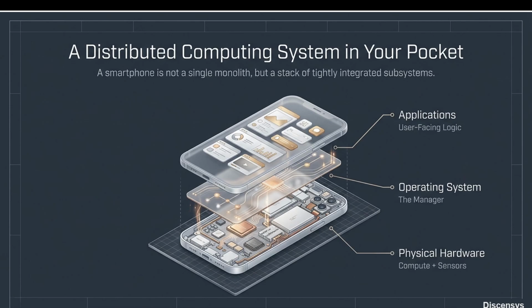We are going to dive into the topic: how a smartphone works. As you can see on the screen, these are the main components of a smartphone. The physical hardware, where the computational resources, hardware resources, and sensors exist. The operating system is the manager, which communicates between the hardware and the software,